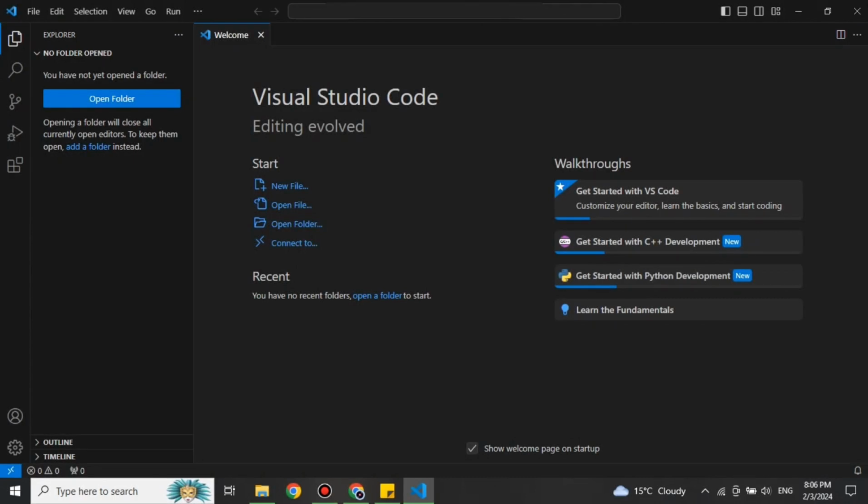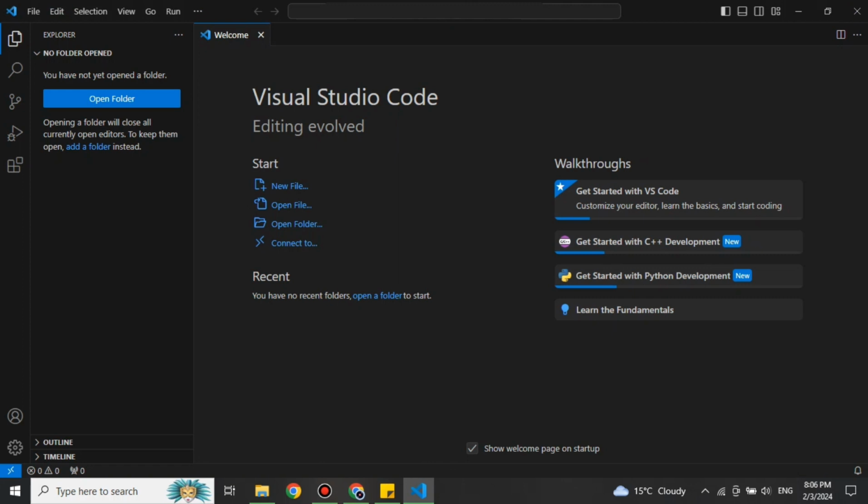In this video, we will see how to set up Django in Visual Studio Code. Django is a high-level web framework for Python that streamlines the creation of dynamic web applications. It is known for its clean and pragmatic design. Django empowers developers to build scalable and feature-rich projects with ease. From handling database operations to simplifying URL routing, Django takes care of the heavy lifting, allowing developers to focus on